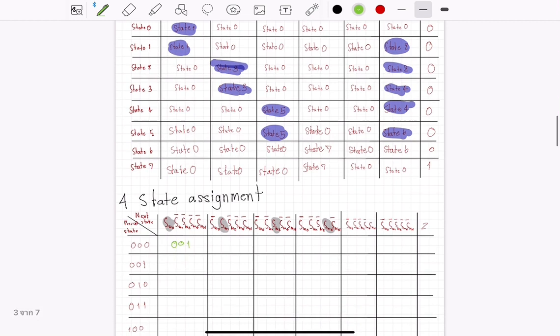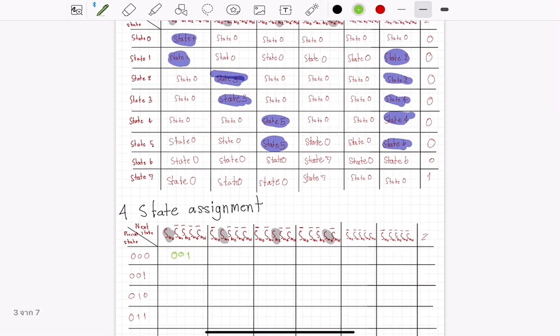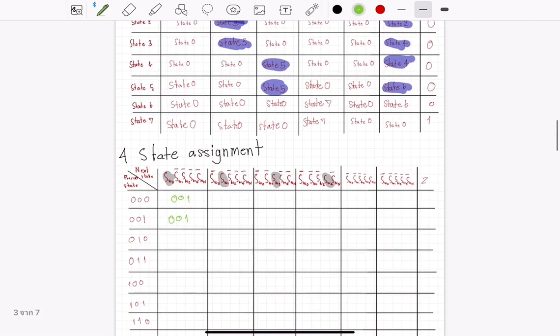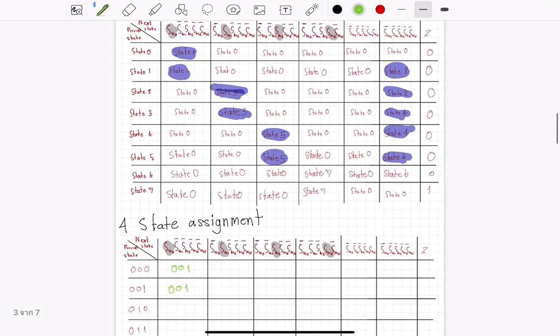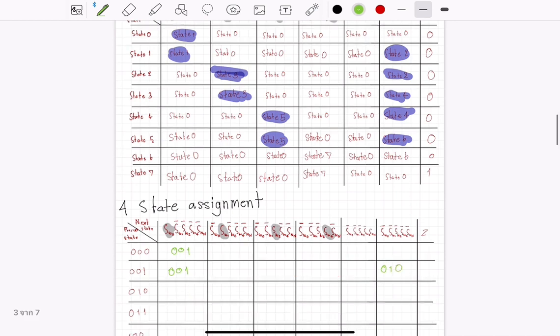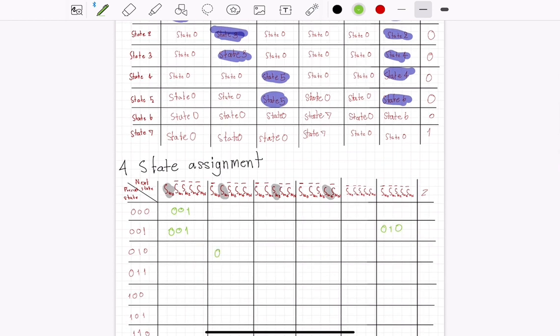Alright. Go to state 1 is push 1110 and go to state 3. Go to state 2 is don't push 1, 141. Alright. And go to state 1 is